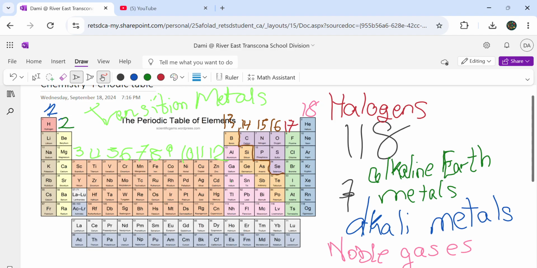Is where non-metals end. That is where non-metal ends. And then we have these two groups which are very, very different from transition metals. They are inner transition metals, and that's what we call the